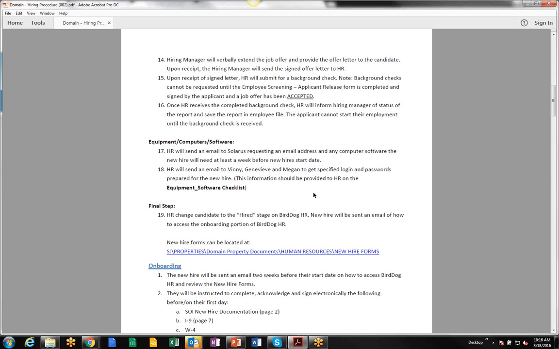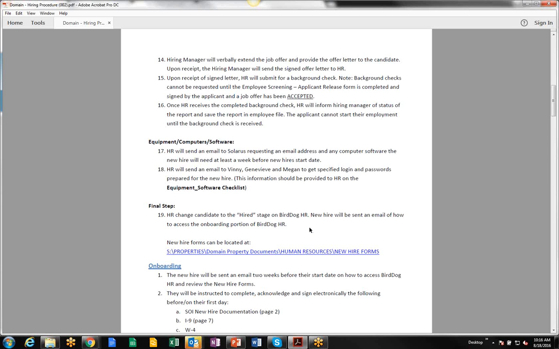Yeah, so this is just here because we want transparency so that everybody knows what steps are involved in between. Even if it's not necessarily your part, then you know what the next action steps are, and your cue to step back in. So then the next step is basically